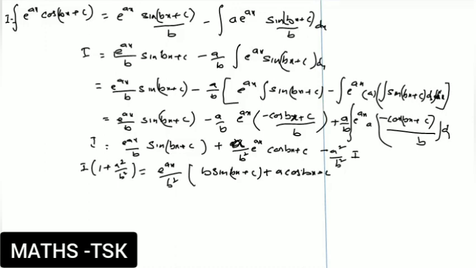Right. Then if you take LCM, this becomes I is equal to e power ax a square plus b square. B square, when taking LCM, this 2 gets cancelled, and then sending a square plus b square to this side, you get into b sin bx plus c plus a cos bx plus c plus k, that is